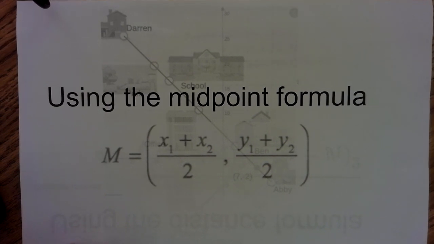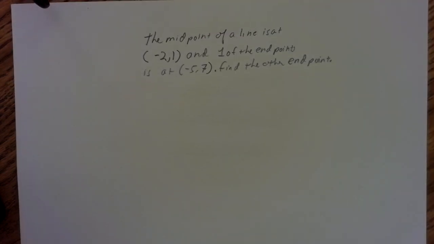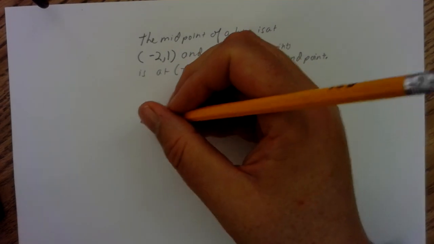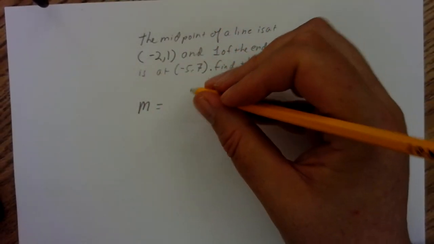Today we're going to be using the midpoint formula to find an endpoint. The midpoint of a line is at -2, 1, and one of the endpoints is at -5, 7, and we want to find the other endpoint. Well, once again, we're going to use our midpoint formula, and our midpoint formula is equal to